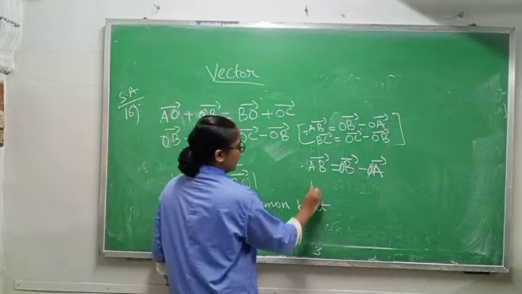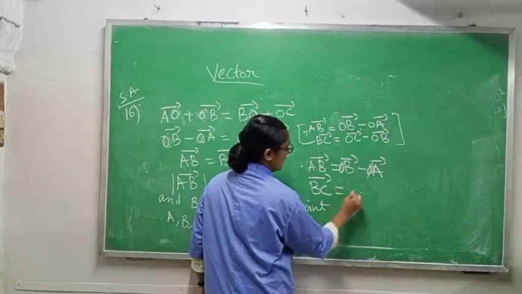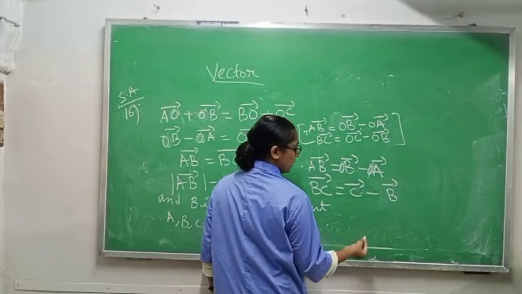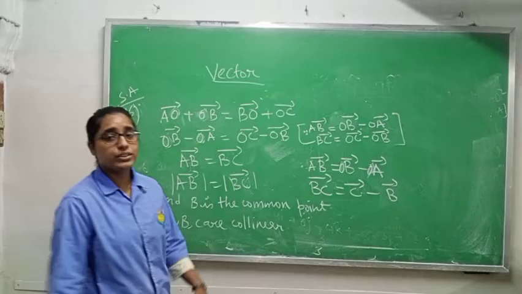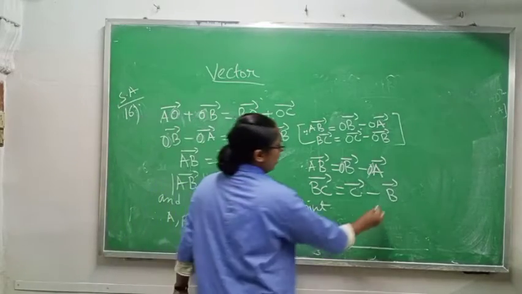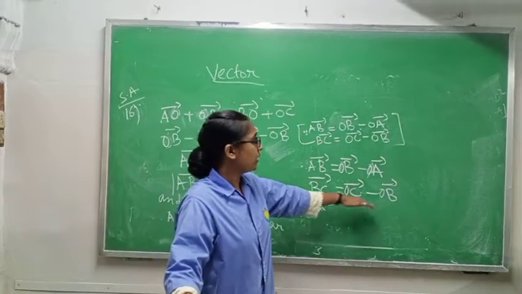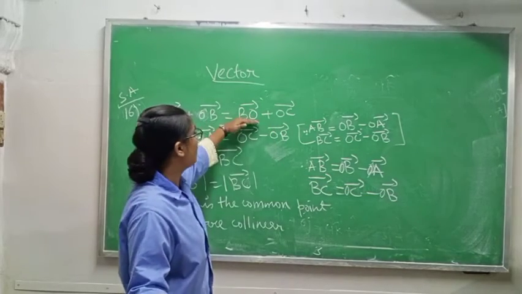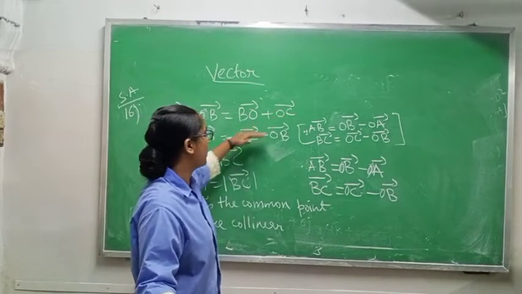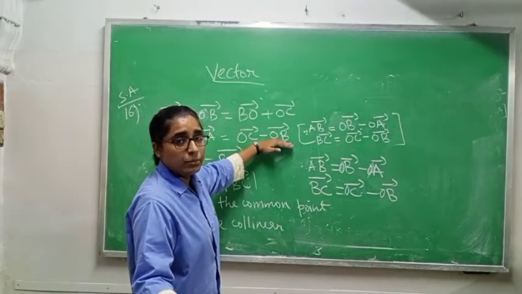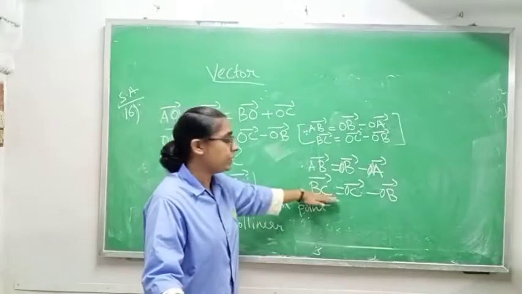Because if I want to write the position of BC vector, it will come C vector minus B vector. If I am taking with respect to O, because in the question they have given with respect to O, so I have to add O with both. So you can see OC vector minus OB vector. Here we have BO vector and OB vector. OC vector I am taking first and BO vector I am making it OB vector to make it BC vector.